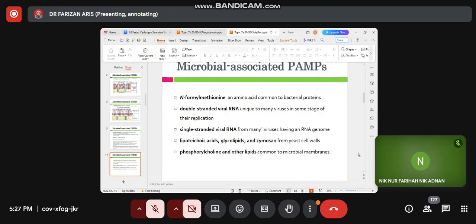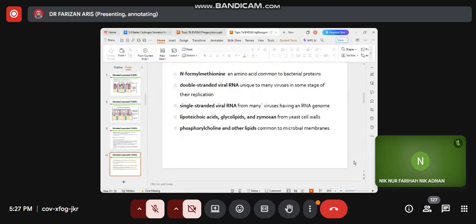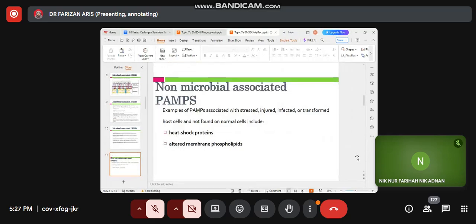Since there are a lot of different kinds of PAMPs, normally they are classified into different groups. These are an example of PAMPs when they involve other than microbial associated molecules, meaning the host tissues. So it could be heat shock proteins. These are the proteins our body secretes when there is an unfavorable condition experienced by the